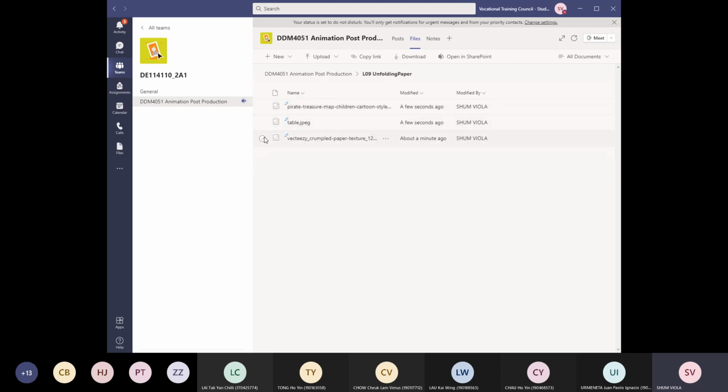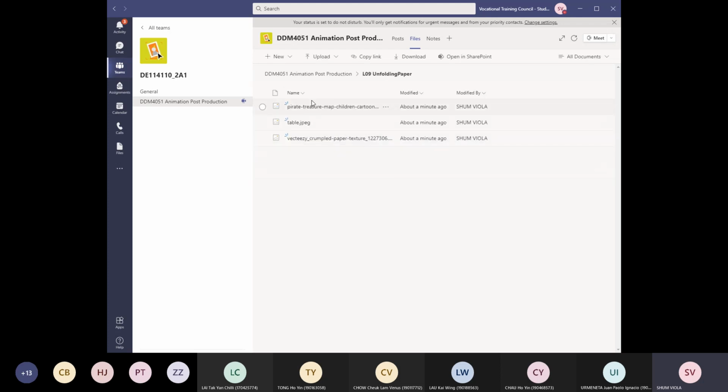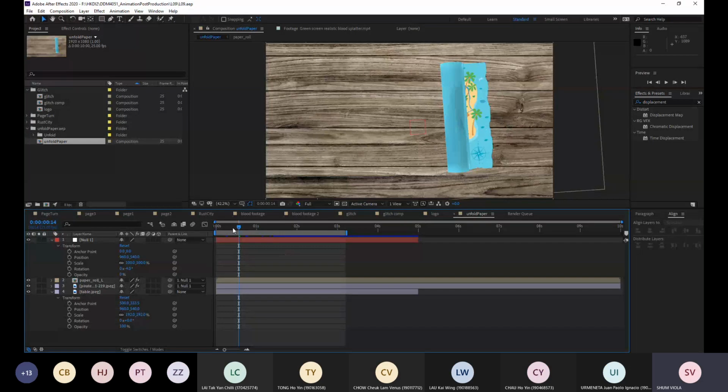Please download it into your computer。我啱啱 create 咗個新嘅 folder，叫做 L09 unfolding paper，裏面有3張圖，麻煩大家抄落自己部電腦度先。呢一個做法係想做一個類似打開一卷紙咁樣嘅效果，我就會教大家點樣去做。出嚟嘅效果頭先都俾你睇過噶啦，會類似咁樣。So we are using these files and doing some kind